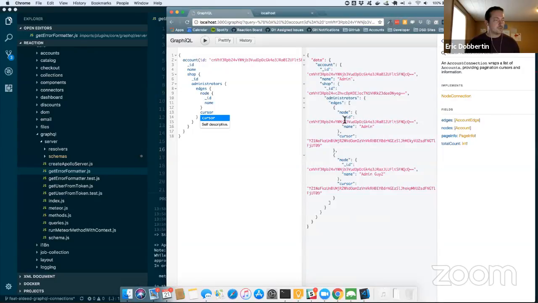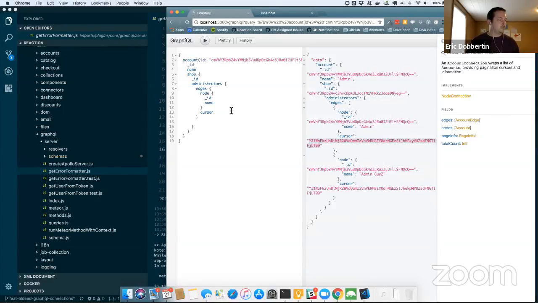So this is a little bit more complicated. Each node is basically wrapped in this object that gives you a cursor as well. And the cursor, again, is just an opaque ID that you shouldn't really care what it means. But you can use it for pagination.